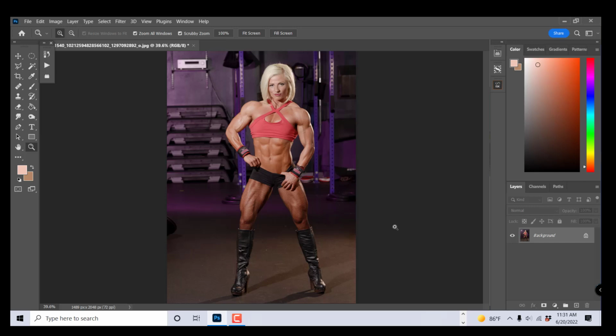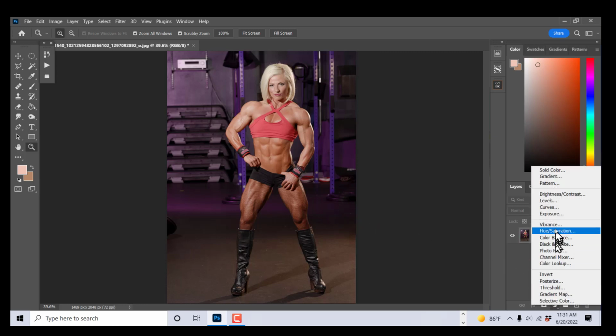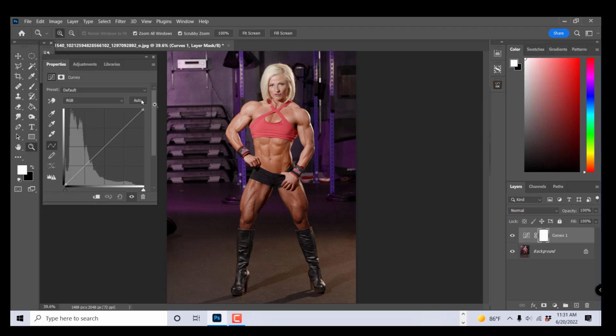Hey guys, a lot of you that are confused about Photoshop, I'm just going to show you a couple of quick tips and things that you can do that'll get you started on the pathway of using some Photoshop. You can use a curves adjustment layer. And a lot of people don't know there are these presets, and the default one does literally nothing until you